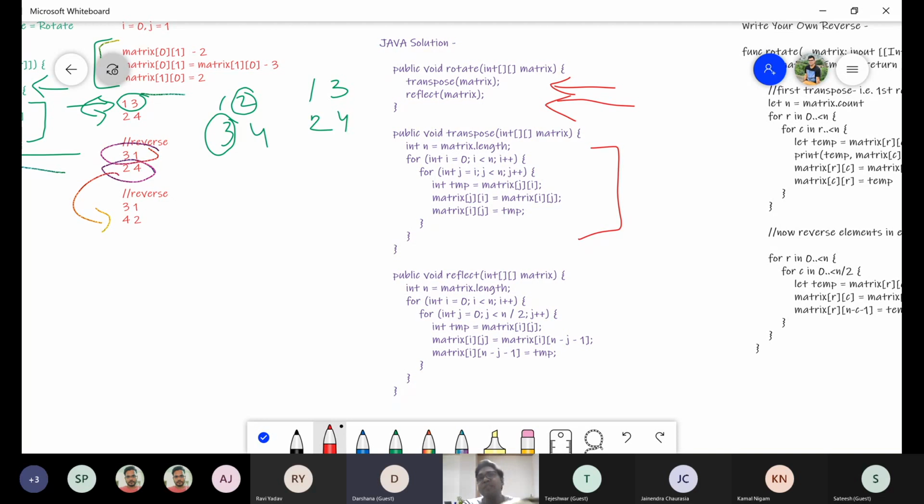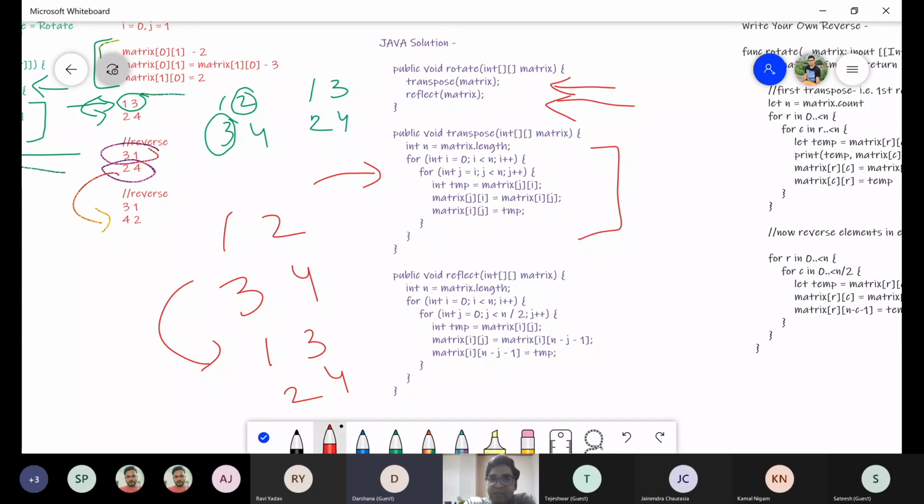If you consider j is equal to I, you are just doing the same iteration, which is not useful for your solution. So you can ignore that by using I plus 1. But for this solution, I just took an example of j is equal to I also. Now this will do the transpose part. So if this is the input matrix, after the transpose, it will become 1, 3, 2, 4.